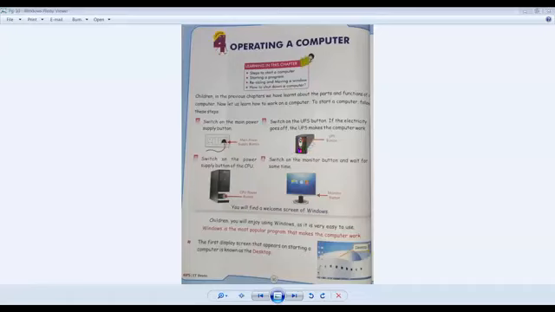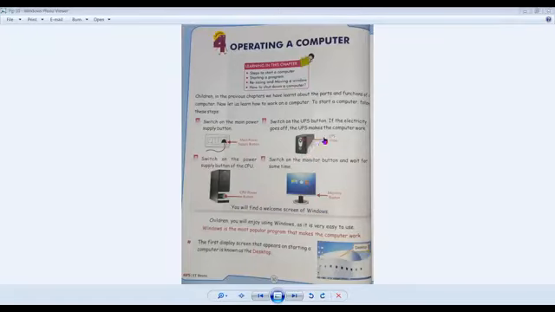UPS is uninterrupted power supply. We connect this UPS to this power plug. Now why do we connect this UPS here? Because when electricity goes off, this UPS gives power to the computer.